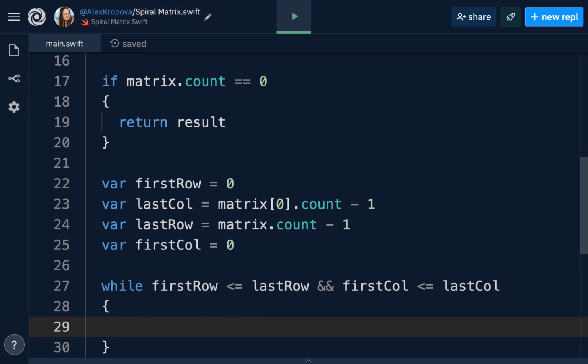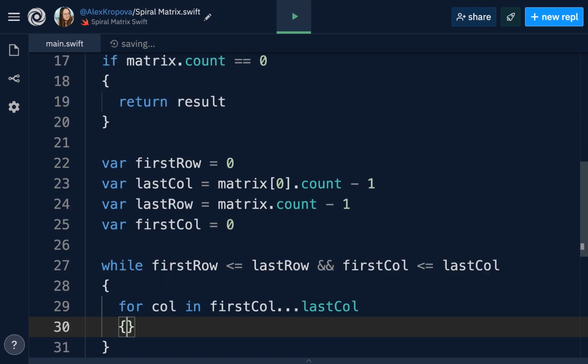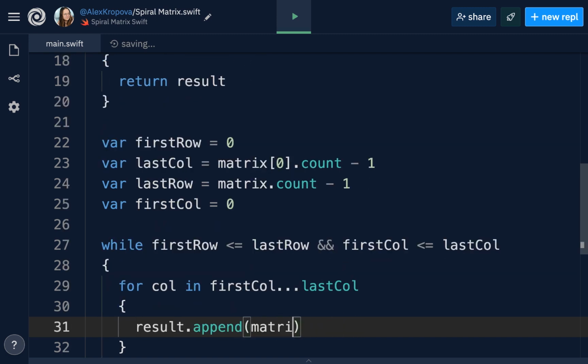We actually have a matrix we need to print out because we have valid values for the row index and the column index. If we have valid values, what we're going to do is go through each column. So for column in the first column up to the last column, what we'll do is take the result and append onto it the matrix at the first row and at the current column.